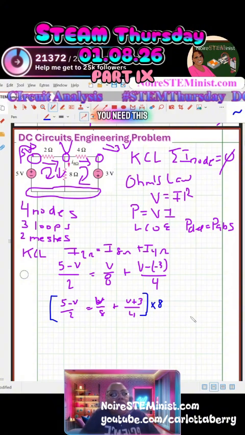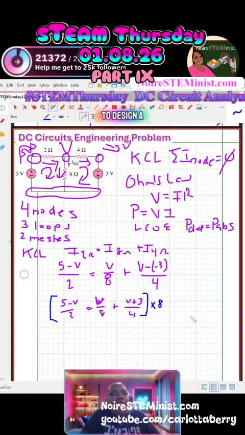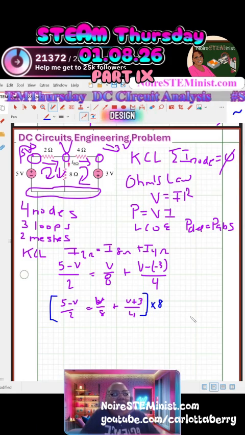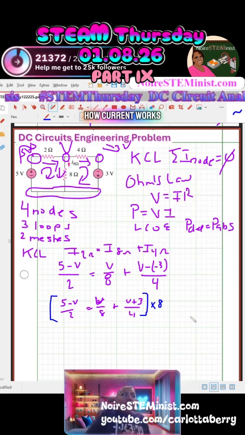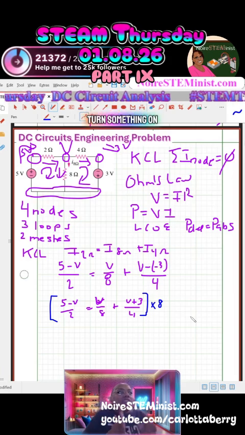Why do you need this? You need this to understand how electronics and power work to design a system to deliver a certain amount of power. Just like you need power and electricity to power your car, to power your TV, or any device that you design, you need to know how electricity works. You need to know how voltage works, how current works, how much you need, right? If I know I need to turn something on,